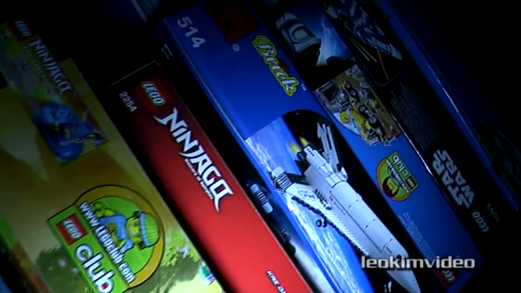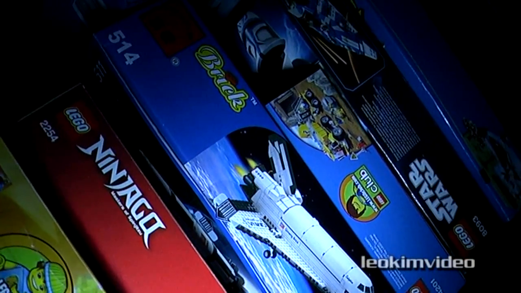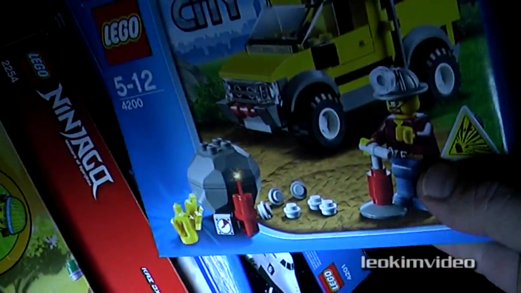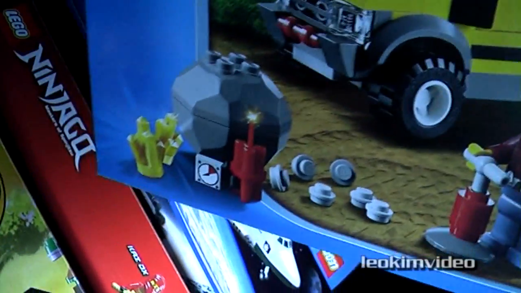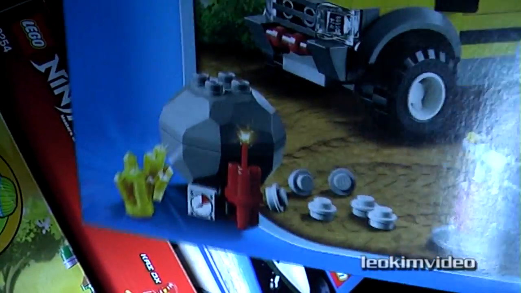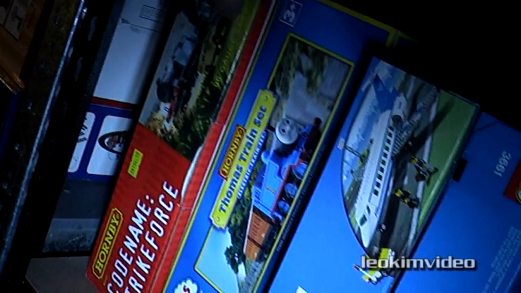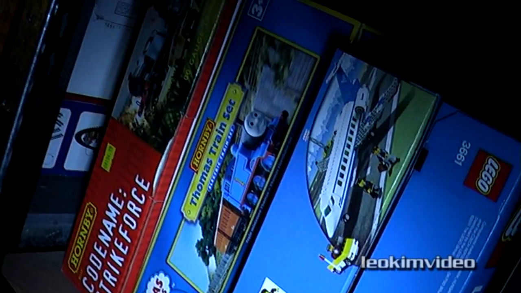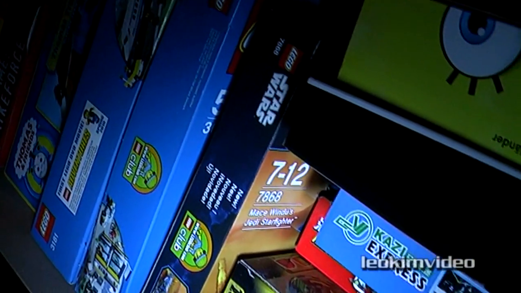And further along is a whole bunch of Lego sets. I mean, the problem with doing Lego is that the videos are very complex, time consuming, and of course to buy all this Lego is quite costly. But I do like these sets here because I like the explosives you get with them. That Lego explosives looks great. And there's the Hornby train and the Thomas train, and what's interesting about those two is they're basically about the same price, and there's a bit more Lego as I crawl along.